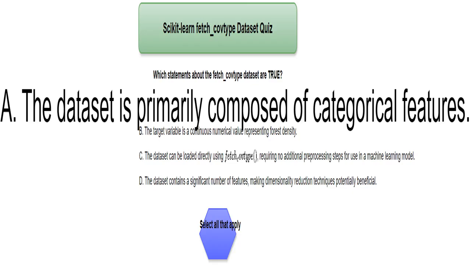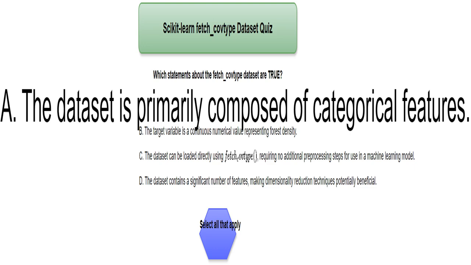This instruction tells me that more than one answer option might be correct for the quiz. I must choose every true statement. This statement suggests that most of the data points in the dataset are categorical, meaning they represent categories or groups rather than numerical values. I need to check if this is accurate for the